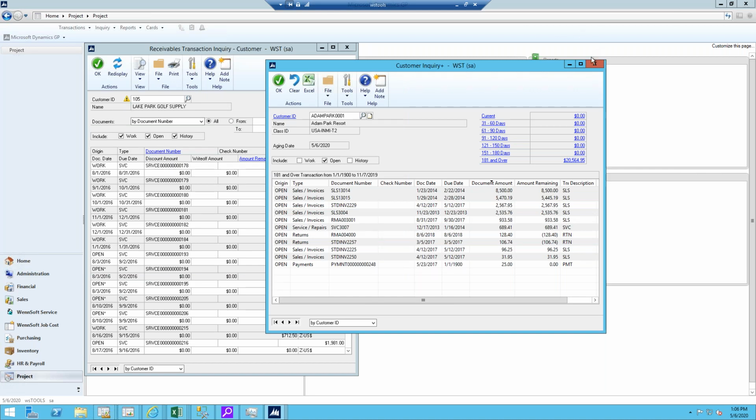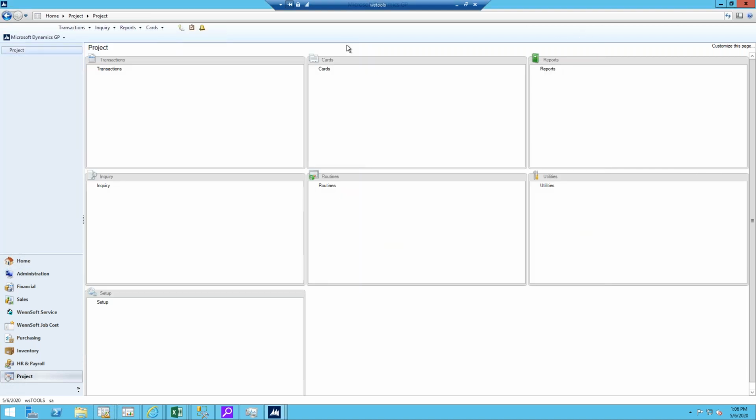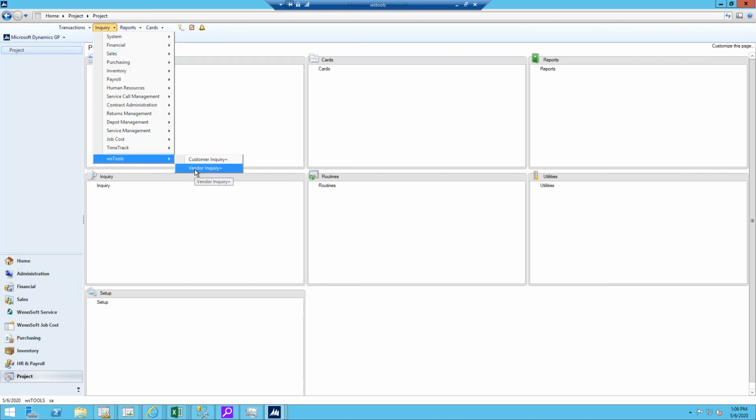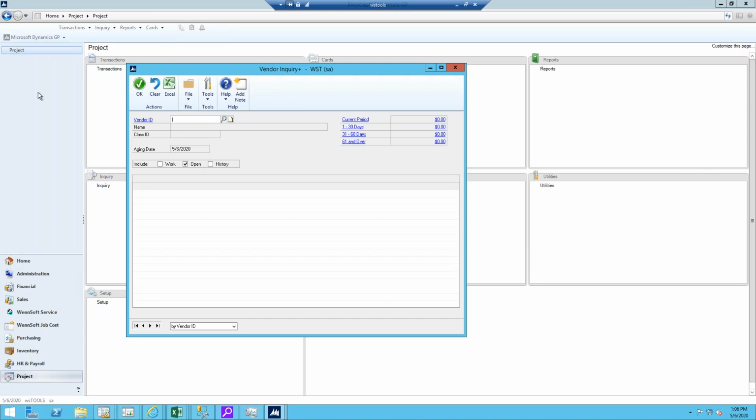Nice, simple, easy. Now, not only did we make this quick little tool on customers, but we made it on vendors, okay? So now let's take a peek at it over on the vendor side. Same window, and you can put these on your home button. If you're like me, F2, F3, those are my most important. I assign these to a function key, and I can have this button up. So if I've got a vendor or a customer on my phone, quick and easy,